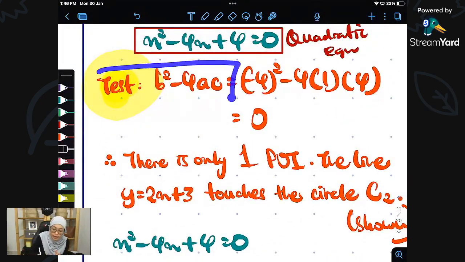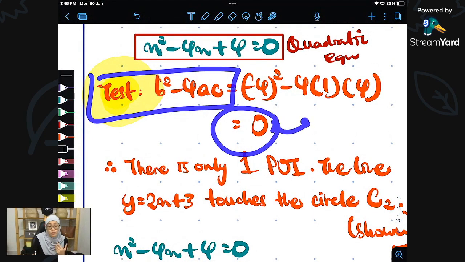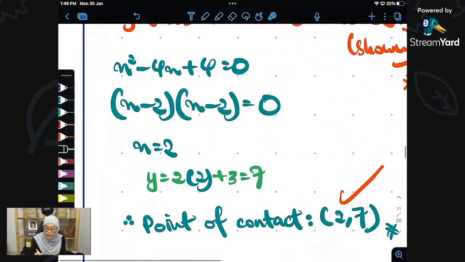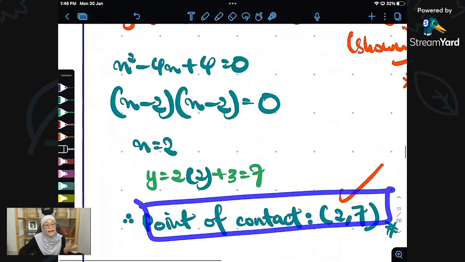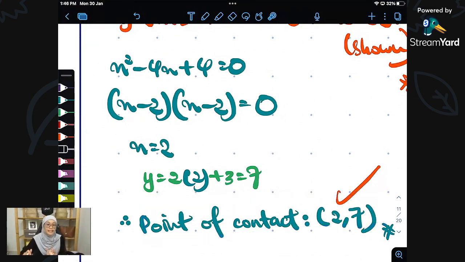I think by doing the testing is the best to know whether this is equal to 0 or not, or more than 0 or less than 0. Since this is exactly equal to 0, it means there is only one POI, therefore it is proven that I only have one coordinate of the point of intersection. Alright,